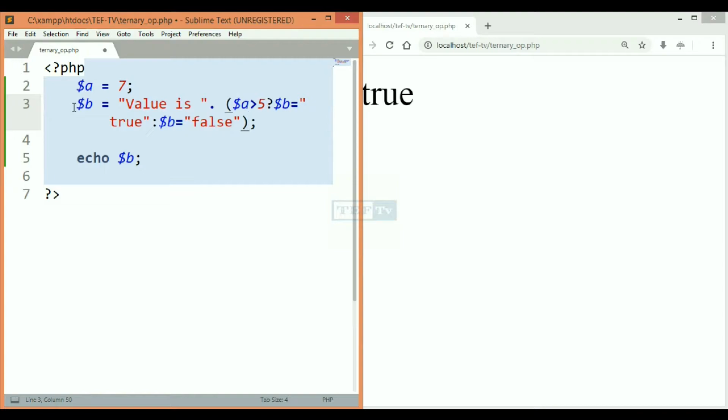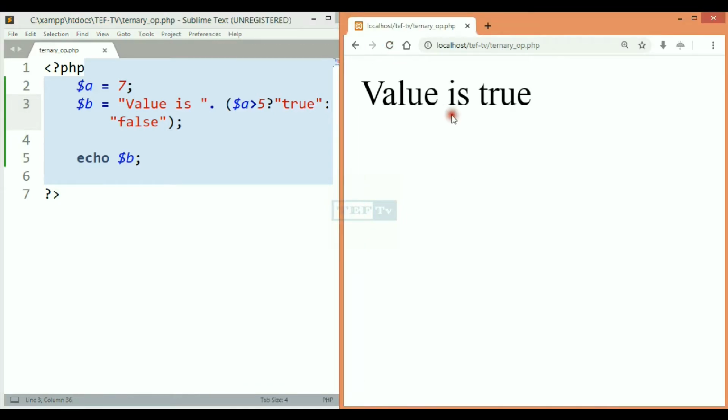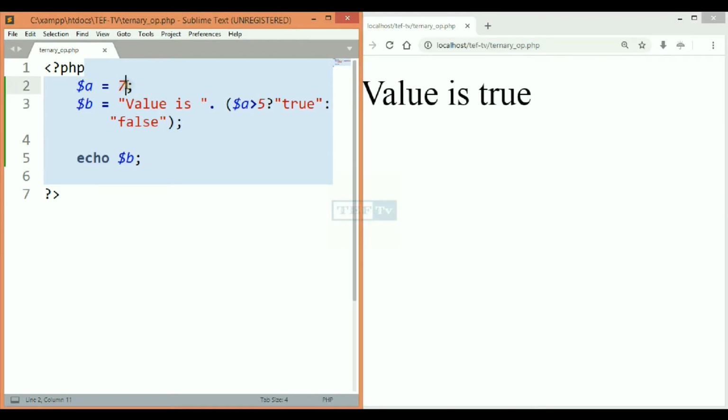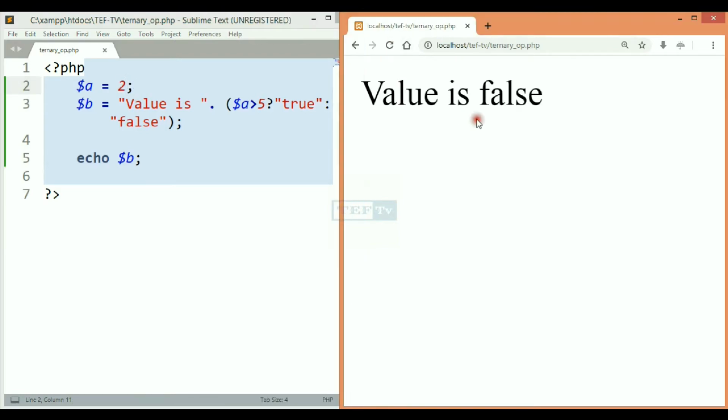It is now a block. One more thing is that now you have to remove this variable also. So now save this file, refresh the browser, and it gets the value true. Let's change the value, assign the value 2, and refresh the browser. Now it's printing that value is false.